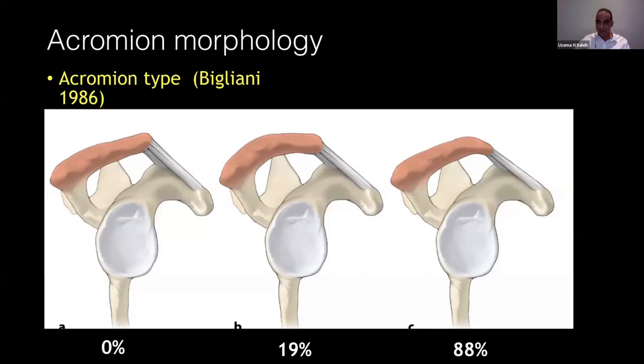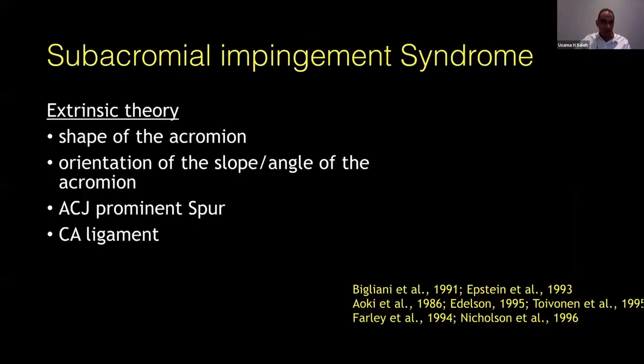If you notice, the type 3 acromion, the hooked acromion, has a high incidence of rotator cuff tear. Because of all of this, people started believing completely in the subacromial impingement syndrome, or what we call the extrinsic theory, meaning that most of the problem for the cuff is coming from outside, either because of the shape of the acromion, could be type 3, the orientation or the lateral down sloping, the AC joint osteophyte or prominent spur, or because of the CA